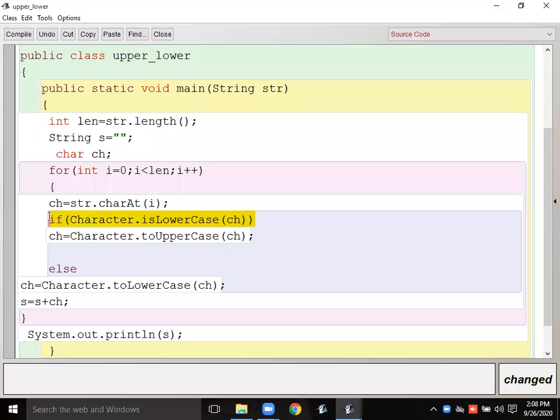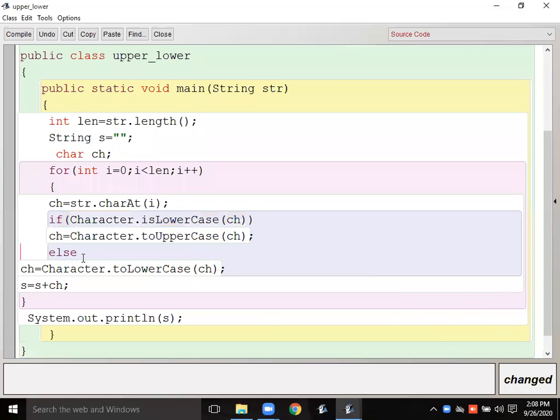To check the letter, we cannot use the str dot toLowerCase. We have to use the Character class isLowerCase method and the toUpperCase method of the Character class. Okay, then after that, I'm converting it. If it is into the lower letter, then I have to convert into the uppercase. Okay, otherwise, I have to convert into the lowercase.